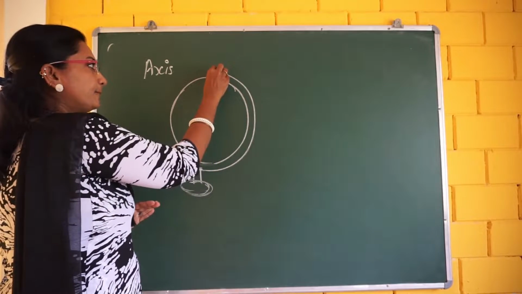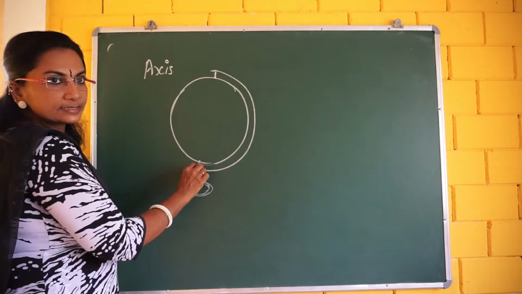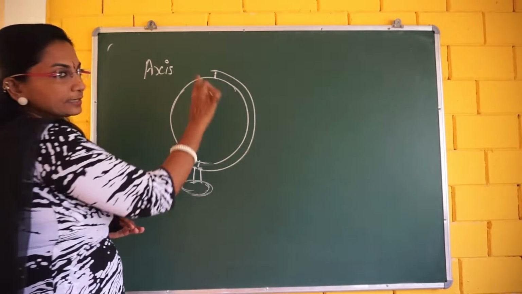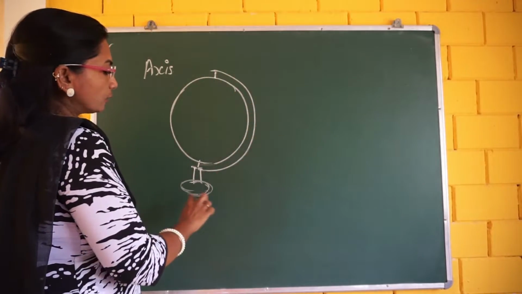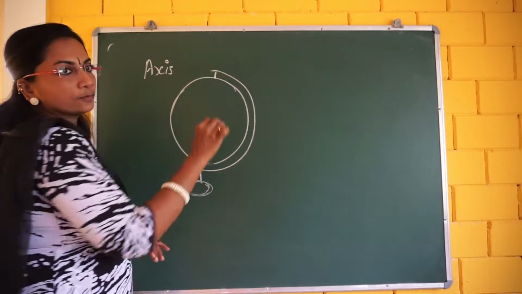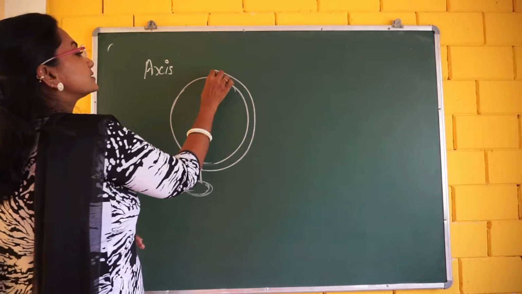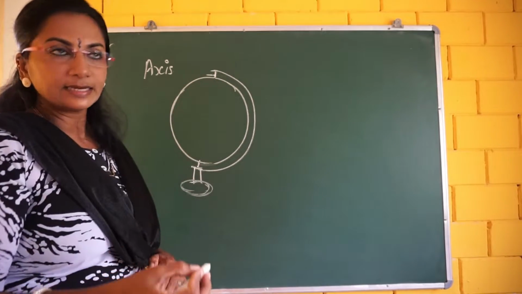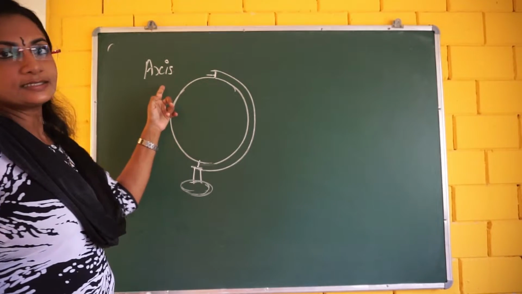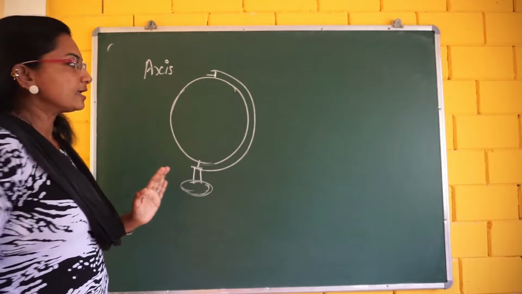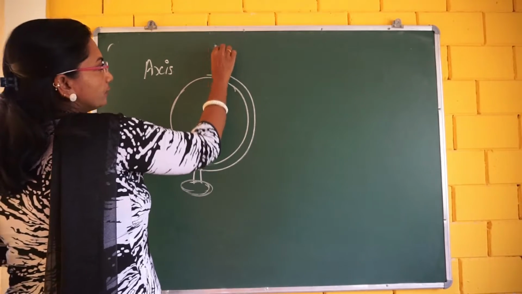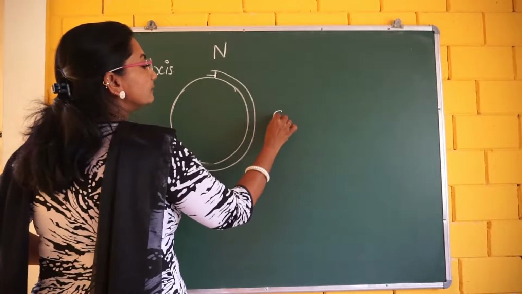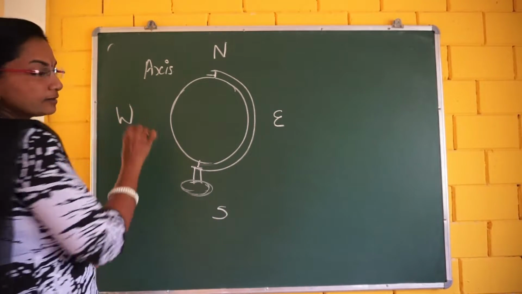And we can see a pin. Look, one pin is there, no? Yes. We can see that a pin or a needle is fixed through the globe. It is fixed through this globe, which is called the axis. This needle or pin, now I am saying it as needle, we can call it the axis. Okay, axis. And as in the picture I already told you, upside it will be north, down it will be south, the right hand side will be east, and the left hand side will be west.